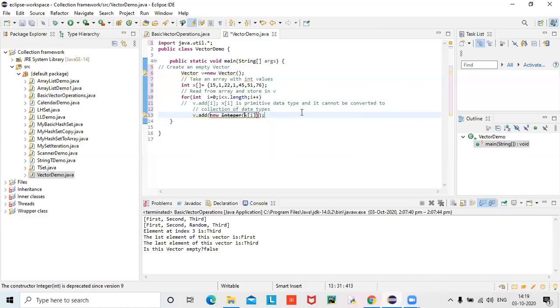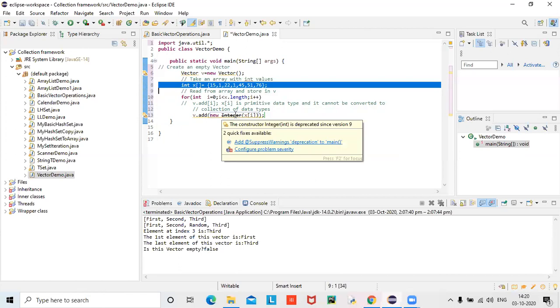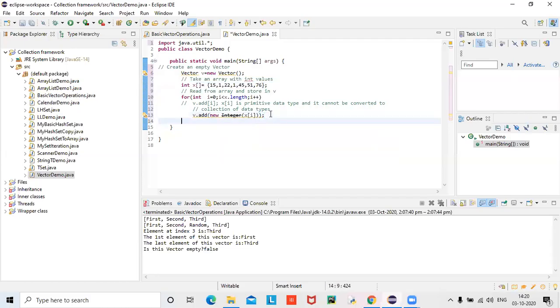So here also, am I calling a parameterized constructor or not? Yes, we are. And what is the argument being passed in this context? X of i. X of i means primitive, as I told earlier. You can see the statement, primitive. So the primitive is converted into advanced by the parameterized constructor. We don't bother, we just create the object and pass the argument. That's it. Done. It is converted.